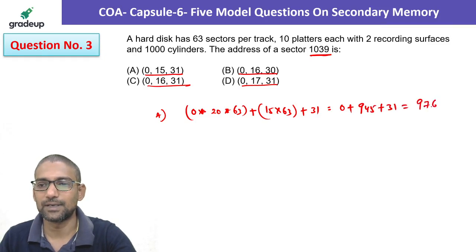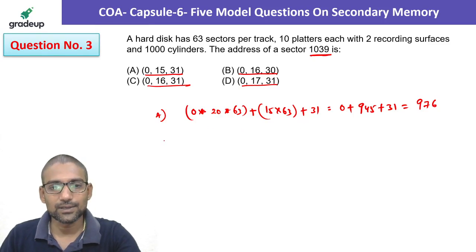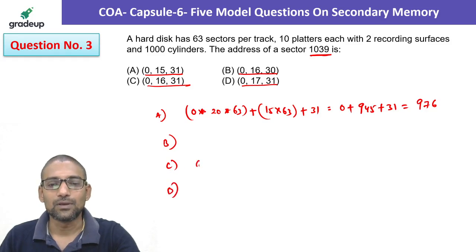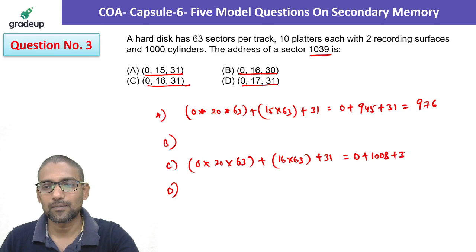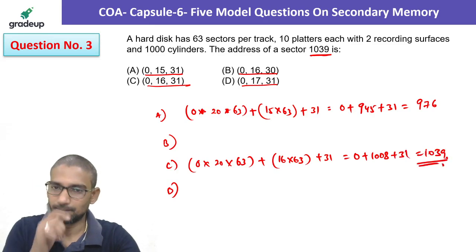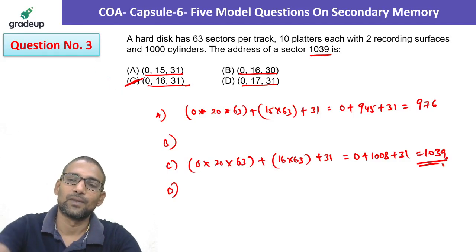This is 976. So it is not 1039. Like this you do for B, you do for C, you do for D. You will get $1039 for C. Okay. Next,